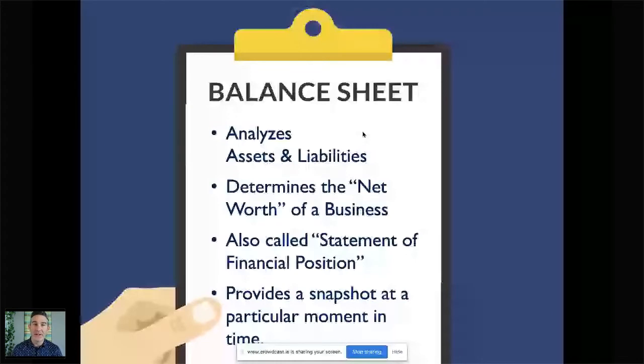Really what the balance sheet does is it helps you understand where you are financially. And if you were on the call last week and we talked about the profit and loss, recall that the profit and loss statement covers a range of time. The balance sheet is a little different in that it's basically a snapshot at a certain moment in time. So you might say, today, I want to know, what is my business worth? You could go back in time and say a year ago, what is it worth? So it's not really a range of time, it's that particular moment.